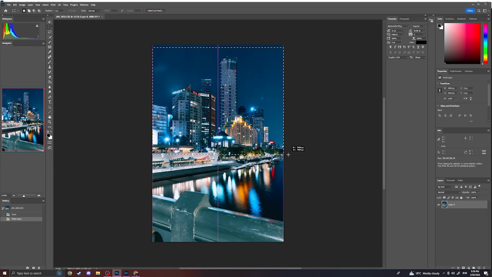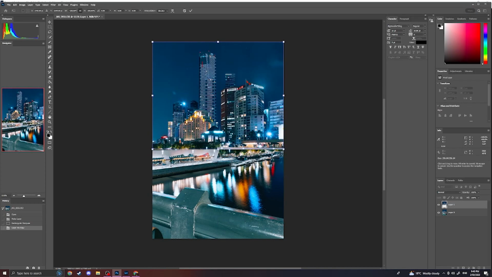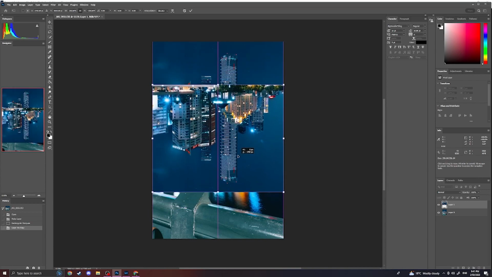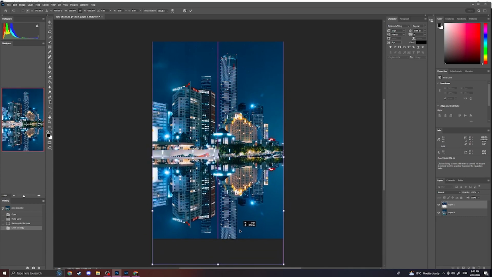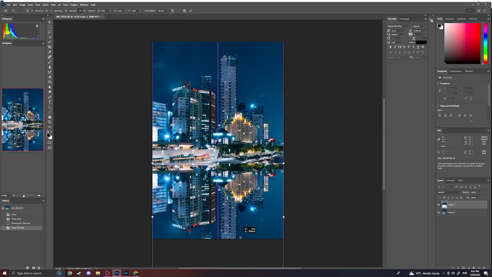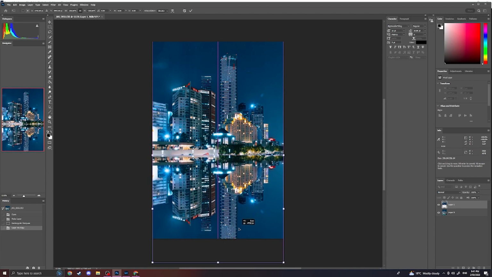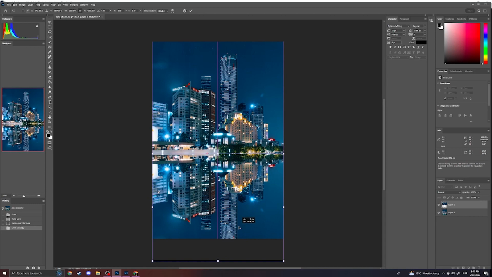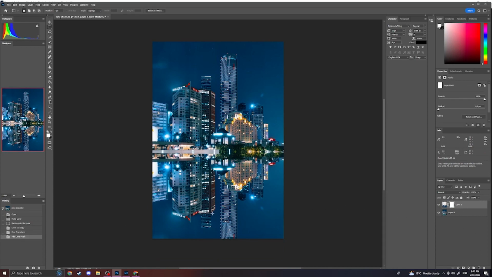So basically, we grab this, Control J to make a duplicate of that rectangle of the buildings. I'm going to select this, flip it horizontal, and then rotate it 180 degrees. Basically, what that's going to do is line this up. And we're going to pull it down here, to a point where we see the perfect reflection, about there. And then what we want to do is add a masking layer, get the brush,